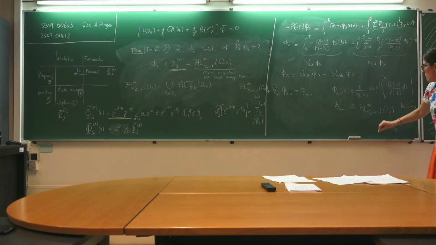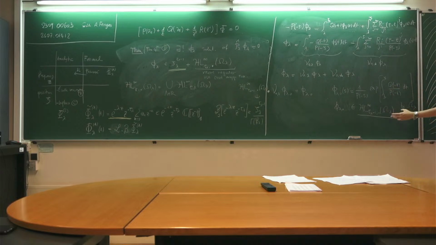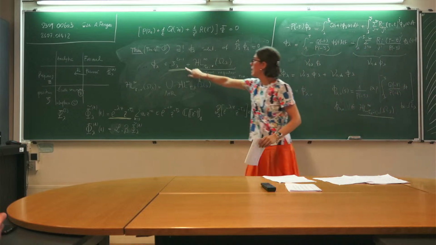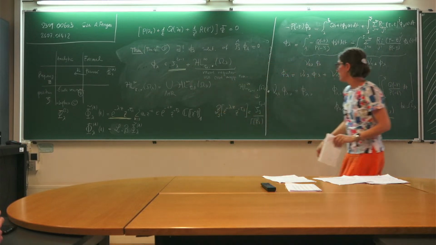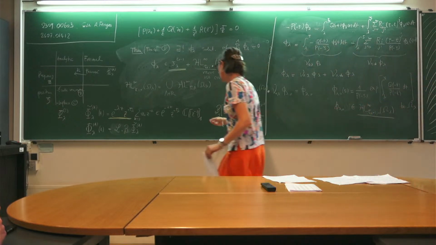This is exactly the behavior that we want, and even more, if you use the expression of P and Q, you can see that the singular behavior is of this form, zeta lambda to this power. And that comes from the fact that tau lambda,